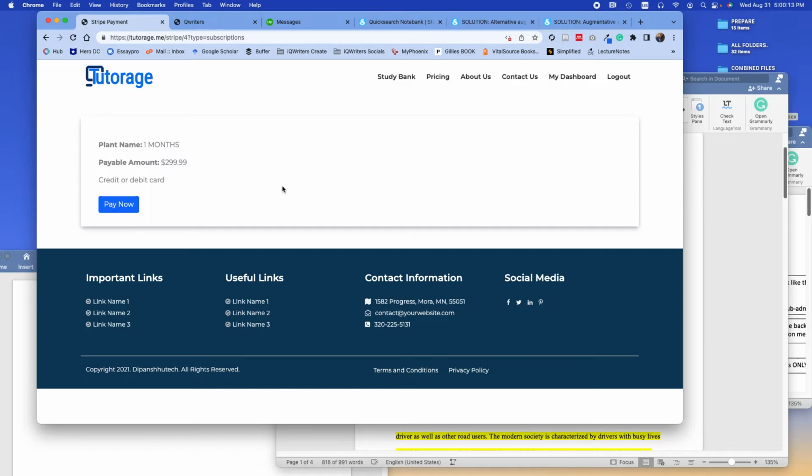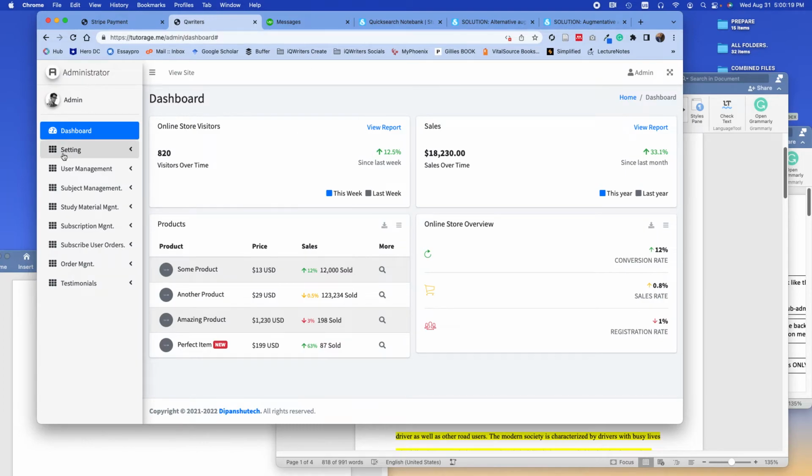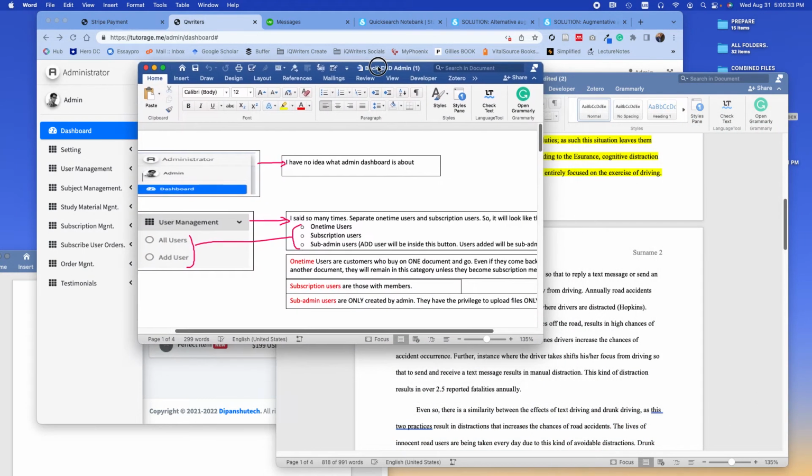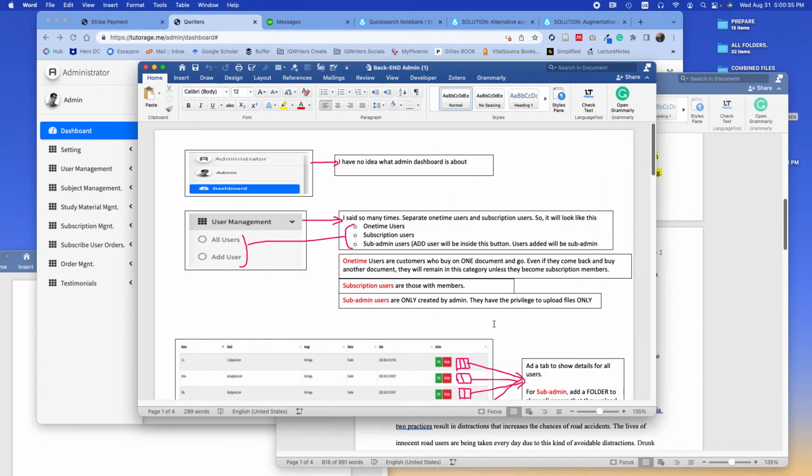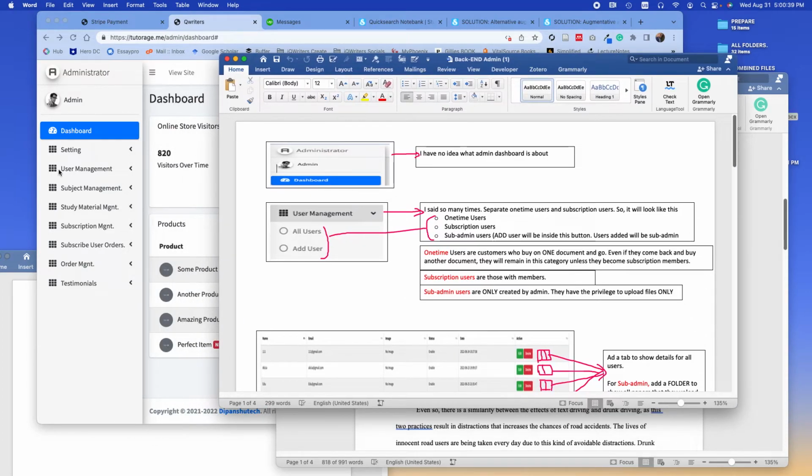Now, those are the 5 points I've seen. Those are just observations. I have not done any test because, as you can see, the entire side of admin is frozen. It's not working. So I cannot test anything. But the 6th point, which I know almost very clearly you did not do, is this. There is this 6th point here, which I told you here, in terms of users. This user management,